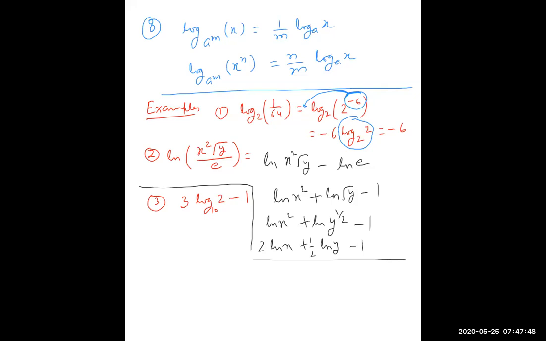See, now last, what is the answer of this? Here base I have mentioned 10. So first of all, I will write this as 3 log 10 2 minus log 10 10. Your base must be same. So this is equal to log 10 2 raised to power 3. This 3 will go to top, reverse process, minus log 10 10. This is log 10 2 raised to power 3, 8, minus log 10 10.